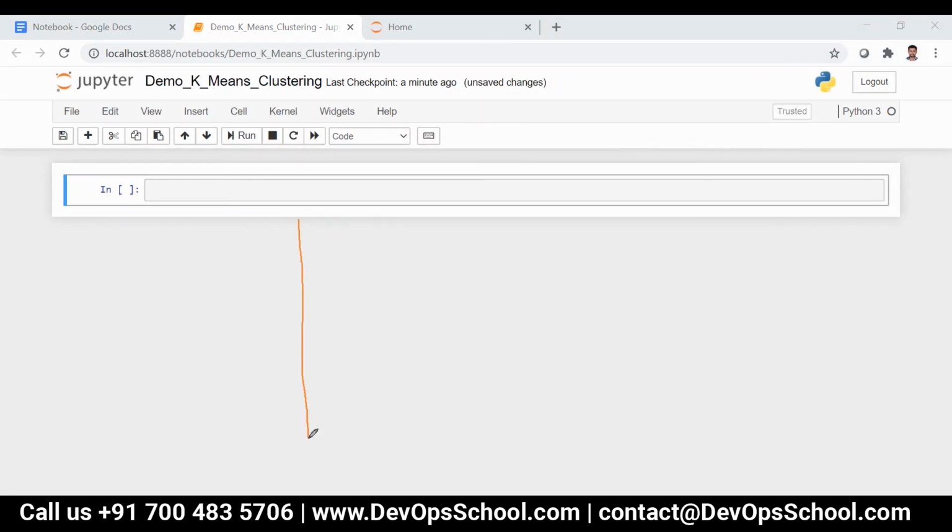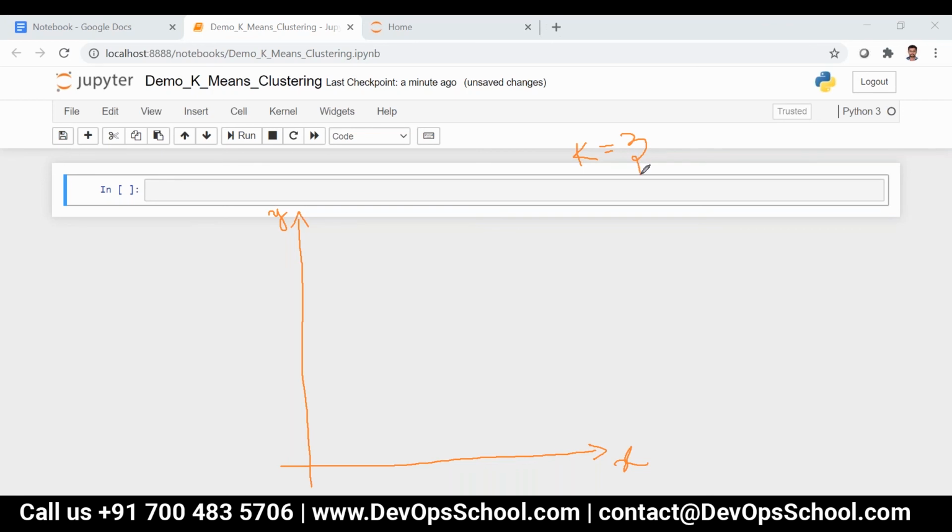Let me explain that and then we'll move on to the demonstration. Let me write the x-axis and then the y-axis. Now, K-means clustering: K is nothing but some number. Let's say K is equal to 3 here.